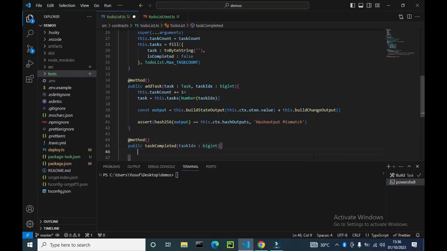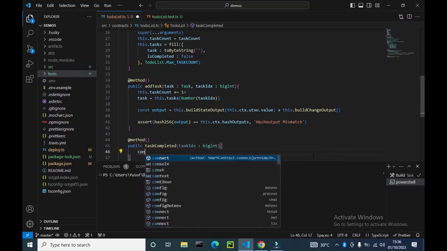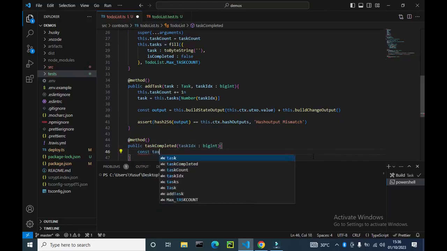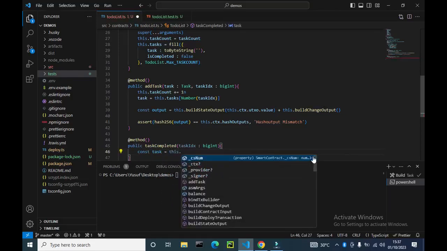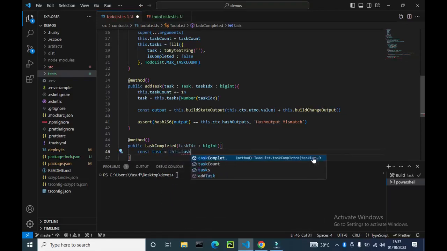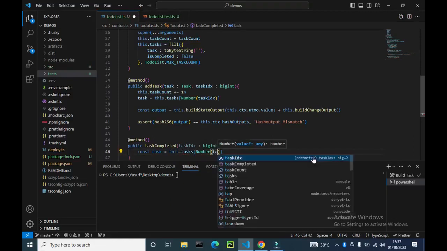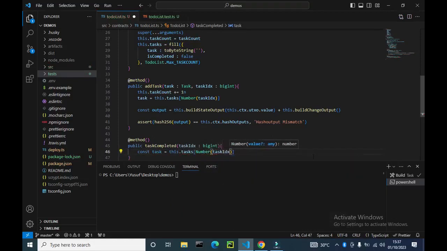And this function will also take the tags, so I'm declaring a variable tags, and it would be the tags with the index number. So this is the tags, and I will cast it to number, so I'll call it tags index,